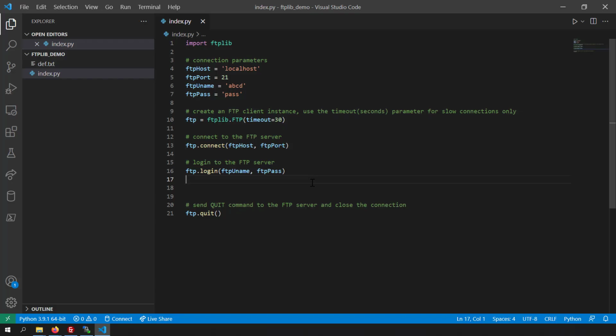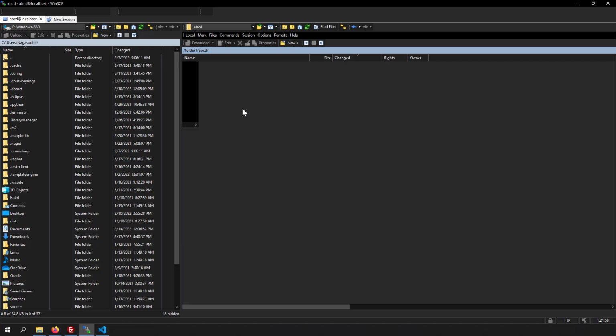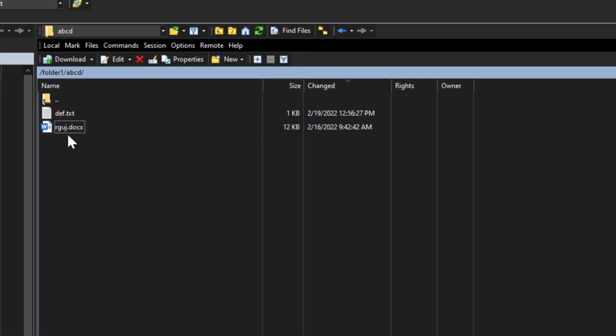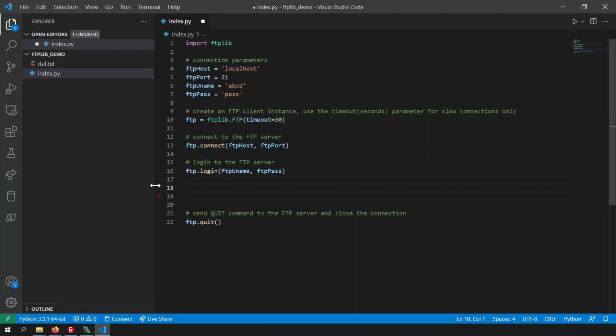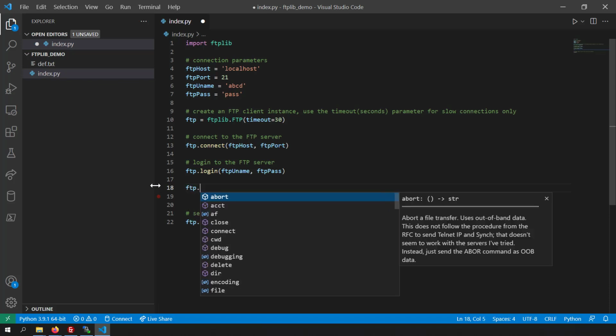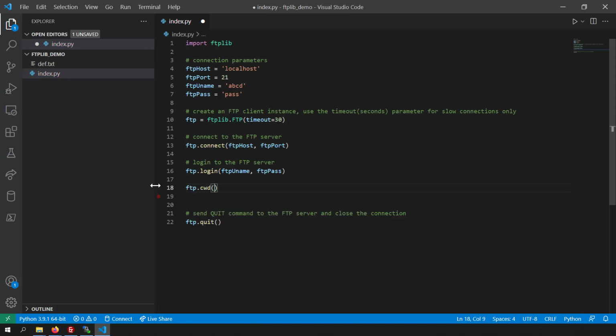Alright. Let's move to the next example where I will download the file from the FTP server. So if you want to download this file called rguj.docs from this folder1/abcd folder in the FTP server to my current directory, then I can use the retrbinary function of the FTP client. So let's try to download the file from the FTP server. First I have to change the working directory. So I'll write ftp.cwd, and my working directory is folder1/abcd, and my target file name which I have to download is